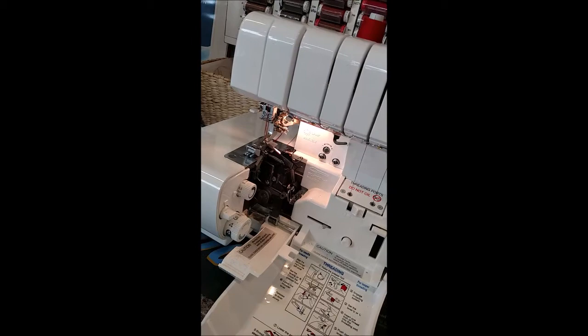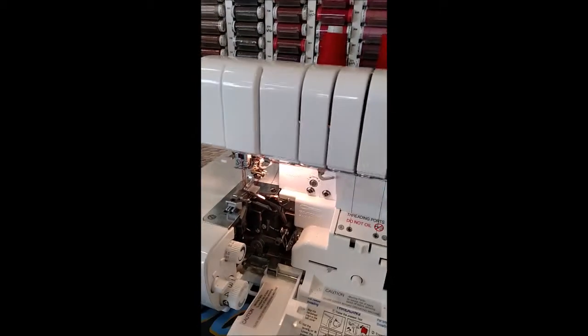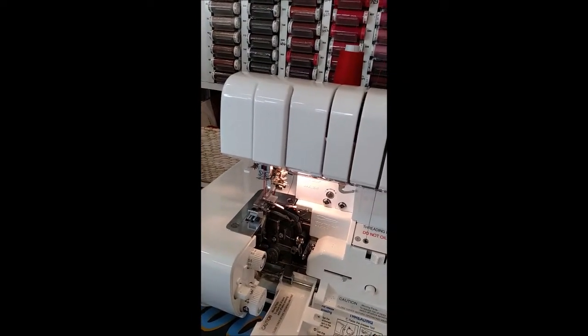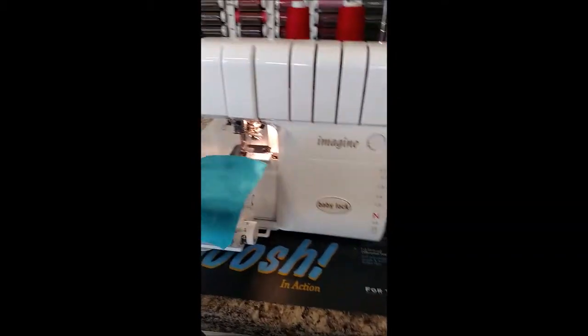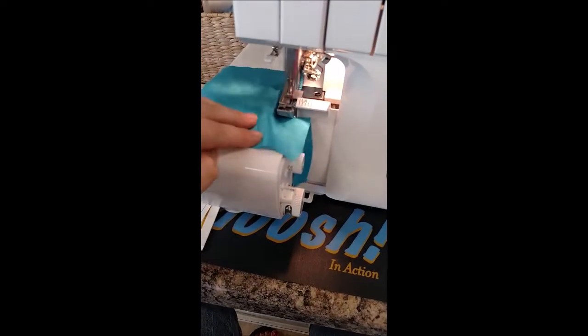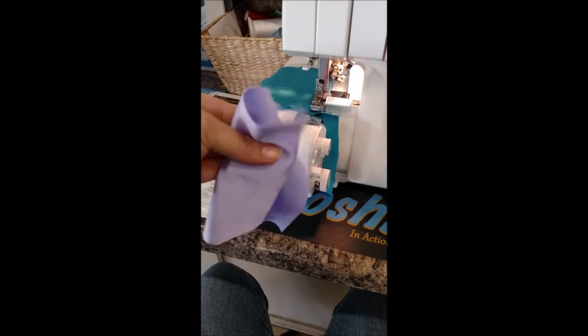And so there you have it, a completely threaded serger from cone to looper, from cone to needle. Within 5 minutes I've got it done. And for the grand finale, watch this. I'm going to go from one thin, flimsy layer of satin to 2 layers of thin, stretchy lycra,